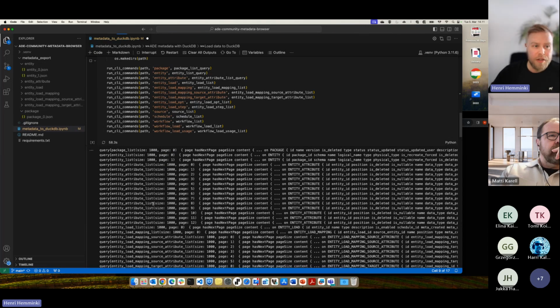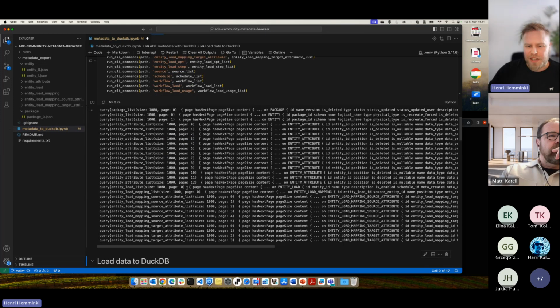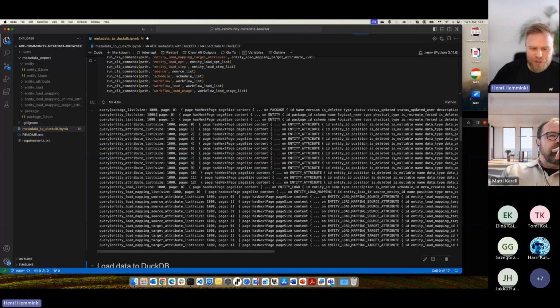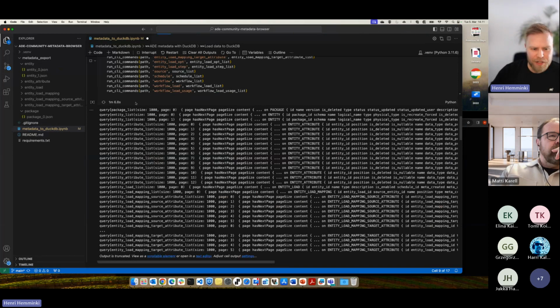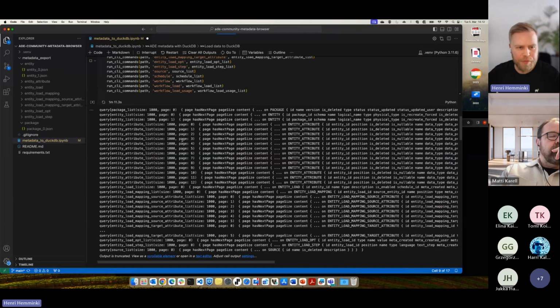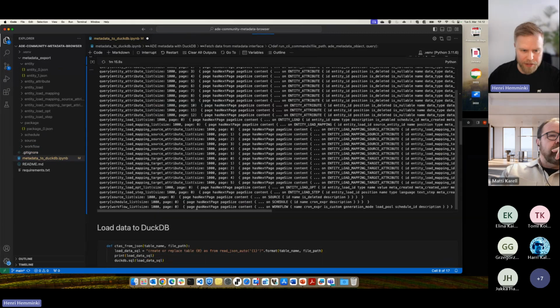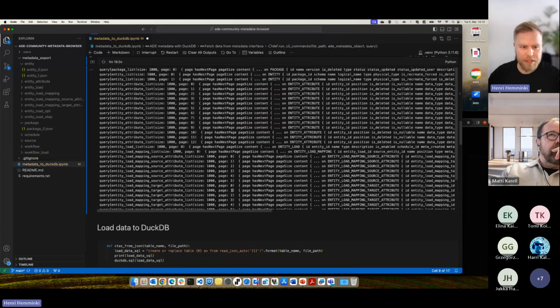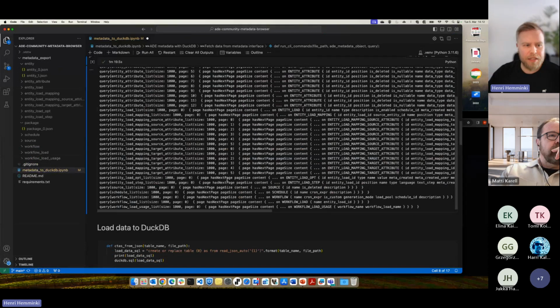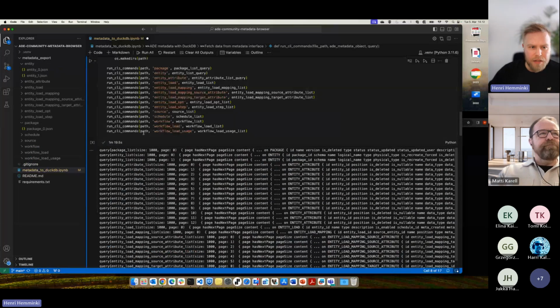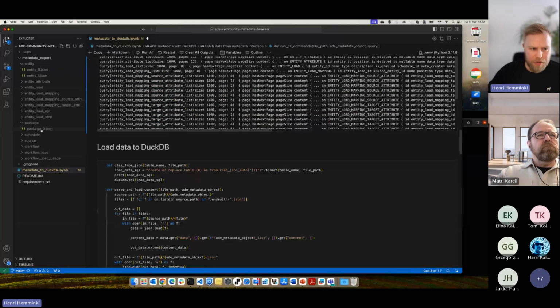In those cases, it might take a lot more time, but in this case it takes around 1 minute to fetch all the things from the API locally. Now it completed, so I have a big chunk of JSON files on my